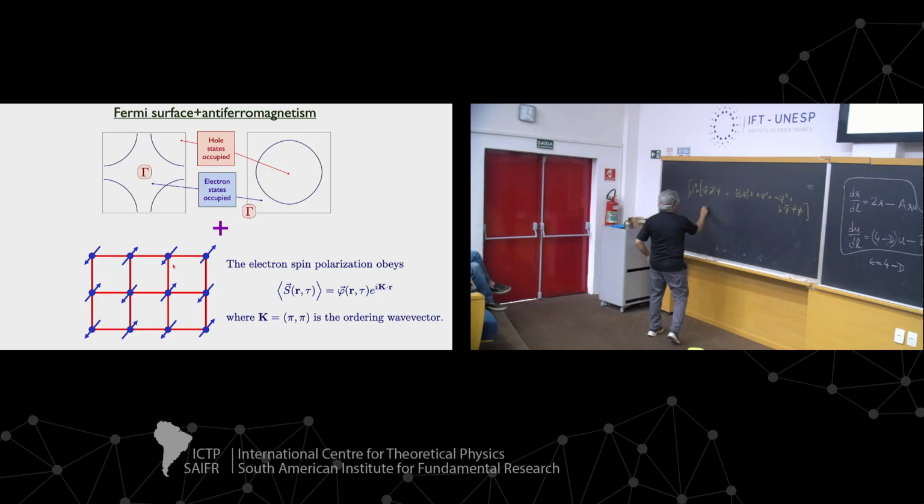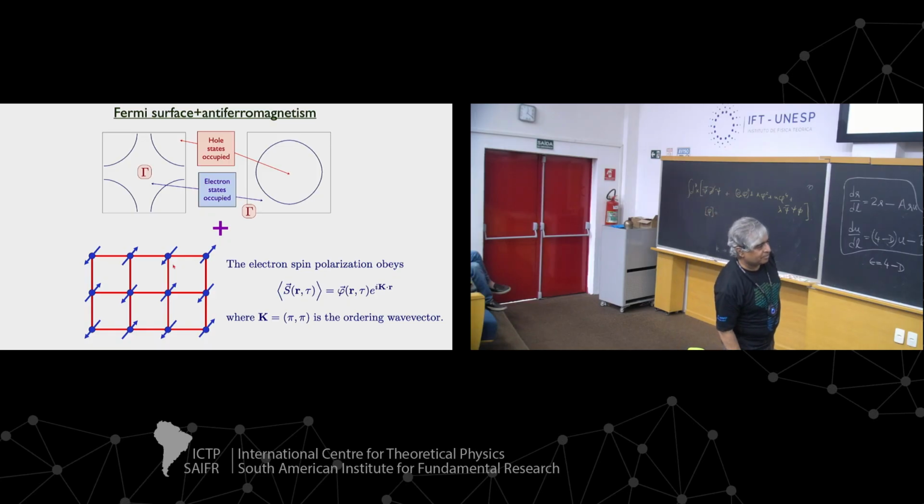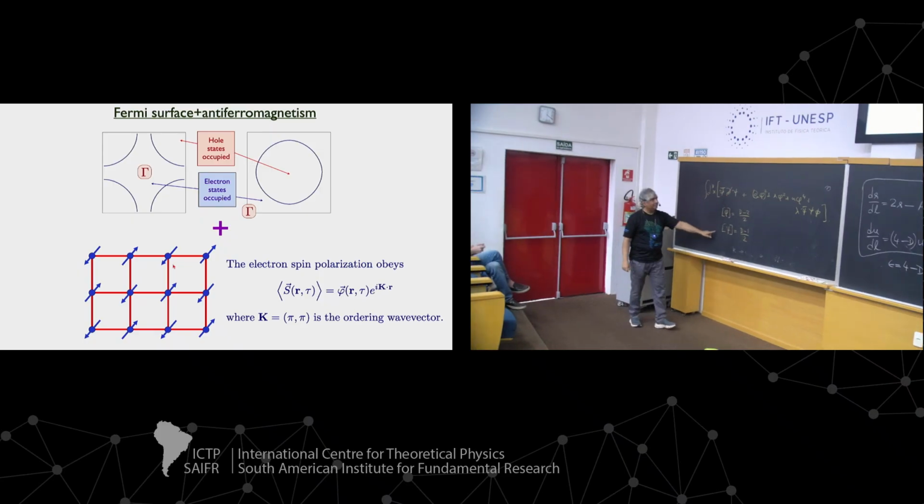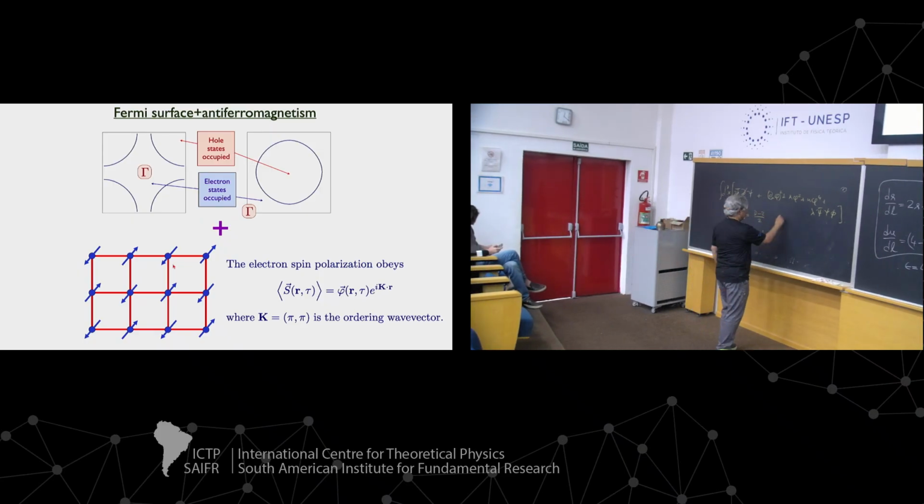Okay, so we know the dimension of phi. What was it? It's d minus 2 over 2. Okay, that comes from making this kinetic term invariant. What is the dimension of psi? Well, now there's a d, but there's only one gradient, so it's d minus 1. Psi has dimension d minus 1 over 2. It's different. Okay, so u, of course, has dimension just like before, 4 minus d.